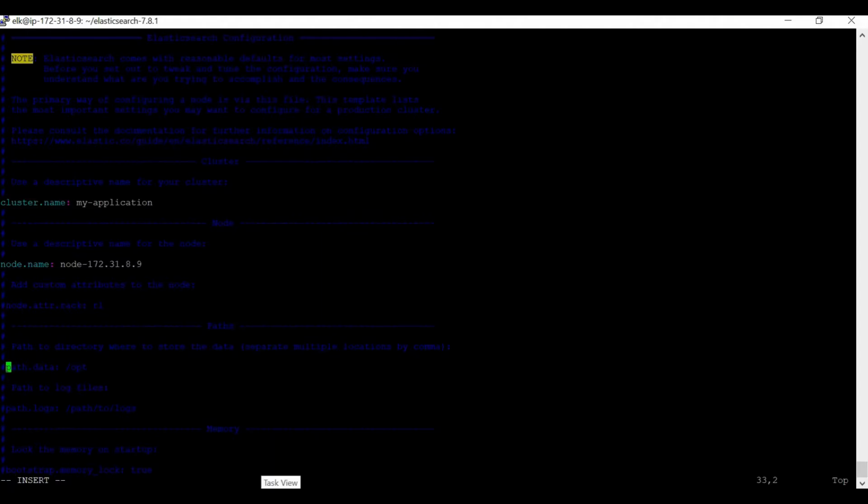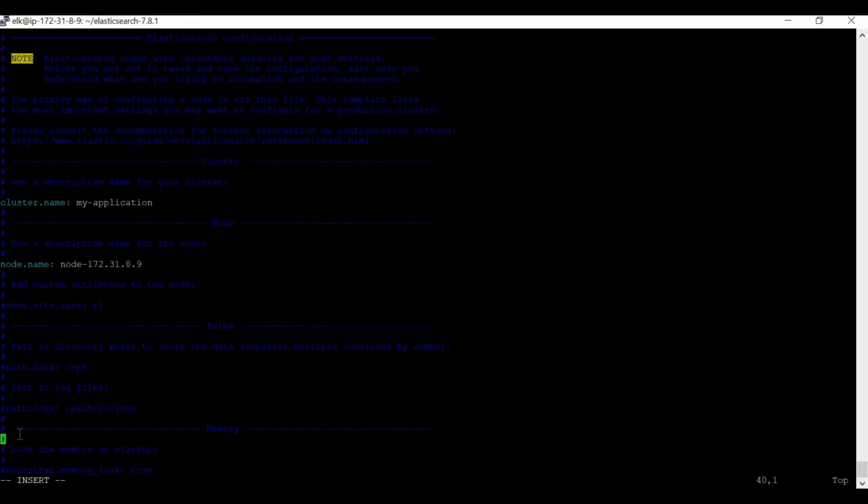This is one thing which you will be changing, because you don't want your Elasticsearch to store data on your root volume itself. All of these are basically root volumes, and a root volume you cannot extend after a certain limit. So that's the reason you will place mount points, and you will map those mount points in this path.data. Right now I'm keeping it default because I don't have any mount point. It doesn't make sense to change it, but I can change it as per my convenience.